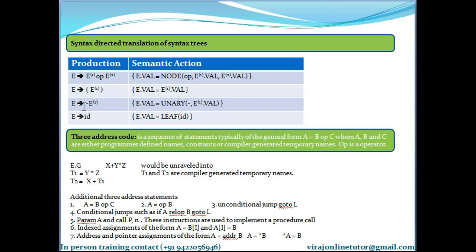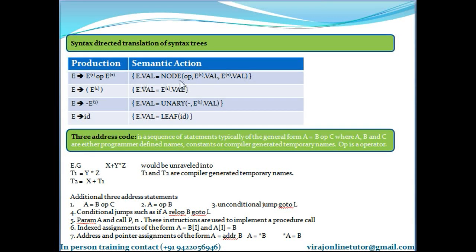So for this particular grammar, what are the semantic actions for a syntax tree? For explaining the syntax directed translation of syntax trees, these are the productions and these are its semantic actions. I'll explain all of these semantic actions.